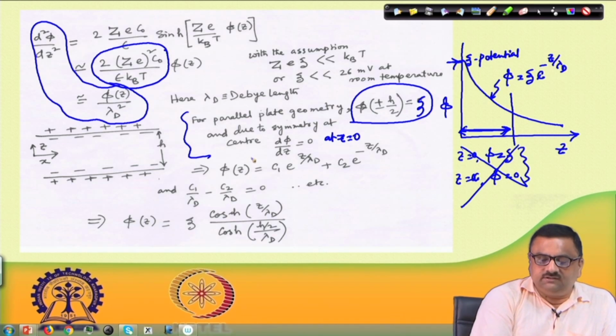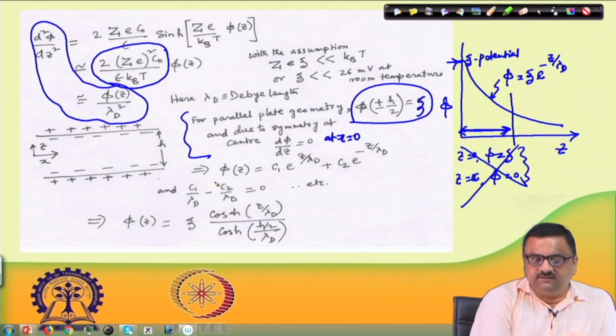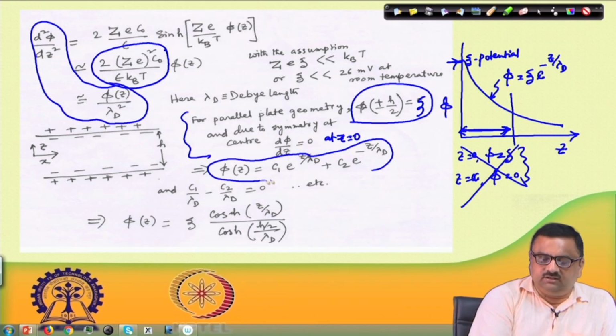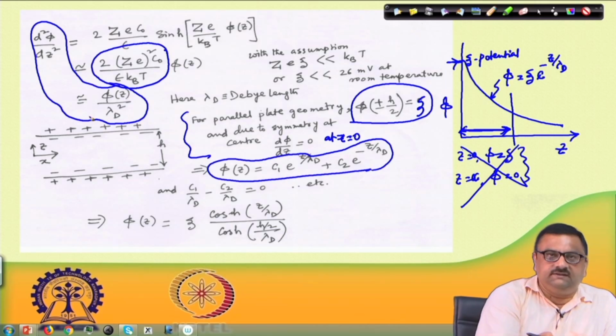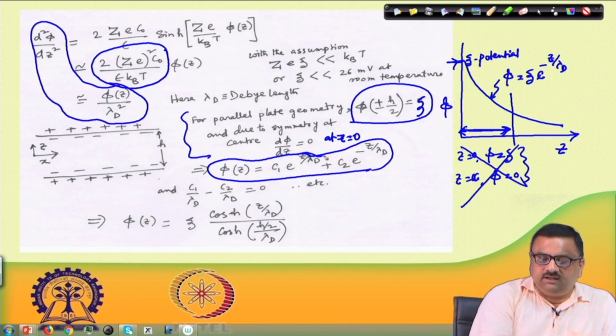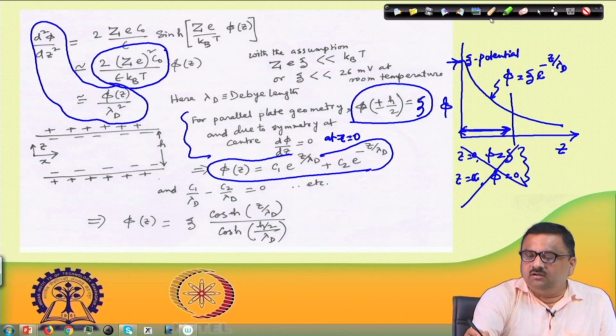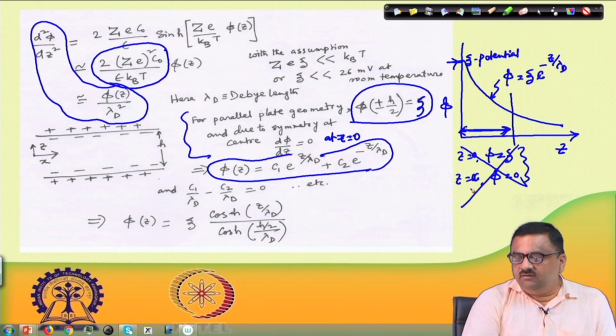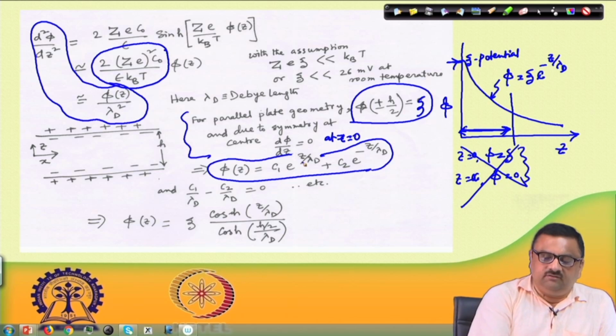Now, if one solves this equation, this would be C 1 e to the power z by lambda d plus C 2 e to the power minus z by lambda d, because this is a general solution here. Solution of this equation is C 1 e to the power m x plus C 2 e to the power minus m x. So, that same equation we are solving here also, but in that case, since at z equal to infinity phi tends to 0, this term was going to infinity. So, at that time we set C 1 equal to 0,